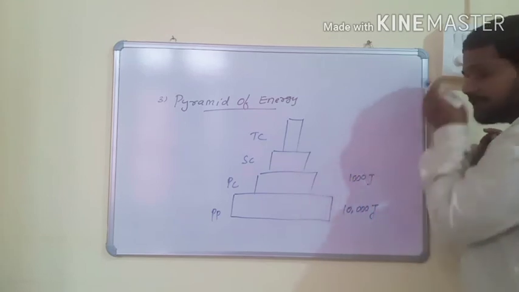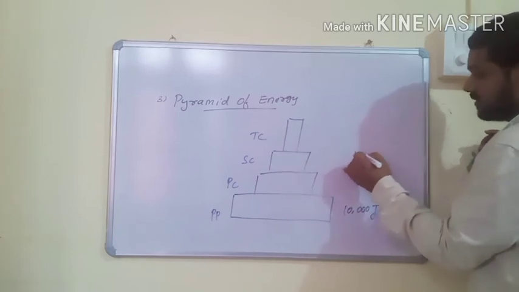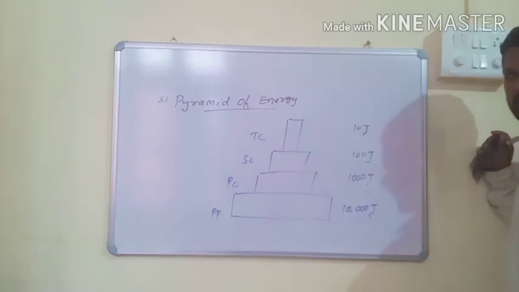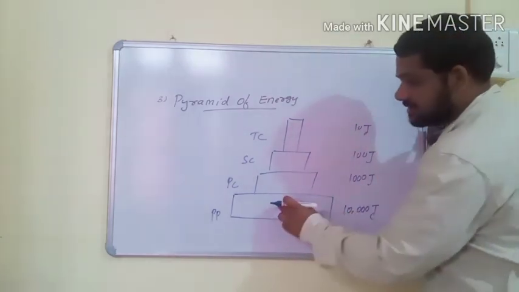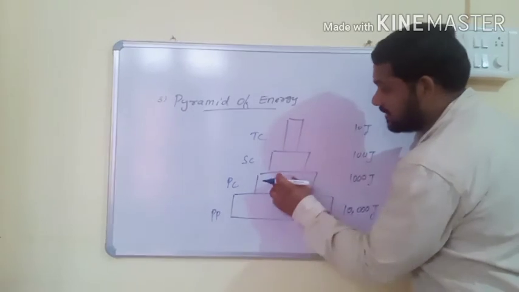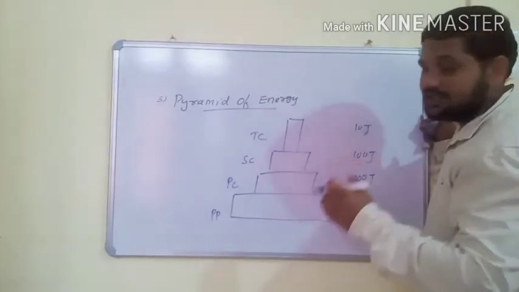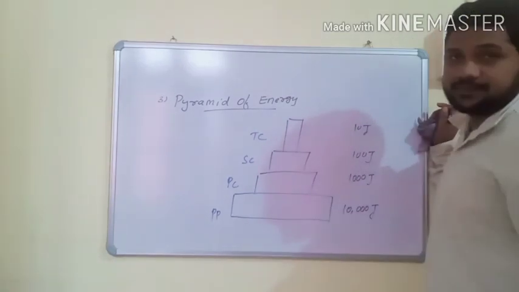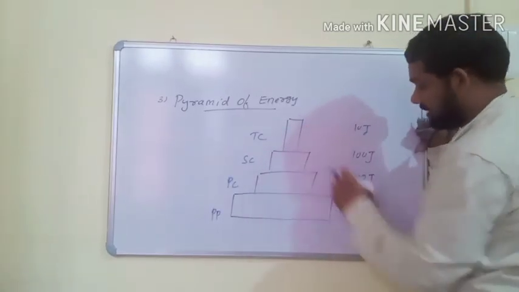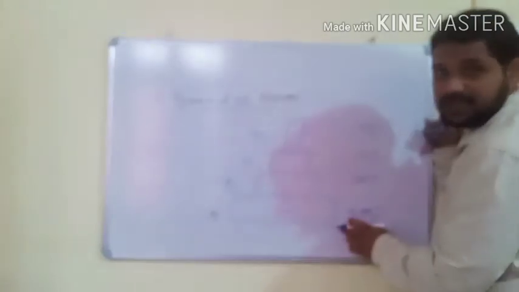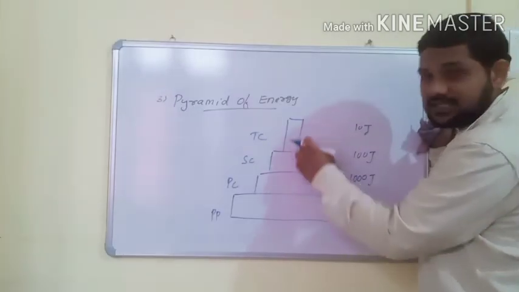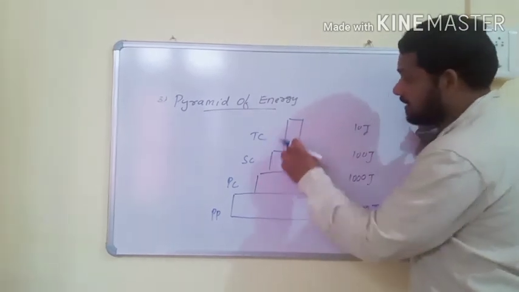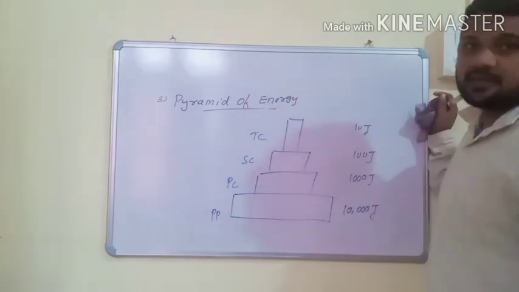10% law, we already know about the 10% law. Only 10% of energy is transferred from one trophic level to another trophic level. So that's why a large amount of energy is present at the producer level and gradually the amount of energy decreases from one trophic level to another. It is a graphic representation of the amount of energy per unit area of different trophic levels sequence-wise, producers at the base, herbivores in the middle and carnivores at the top, known as the pyramid of energy.